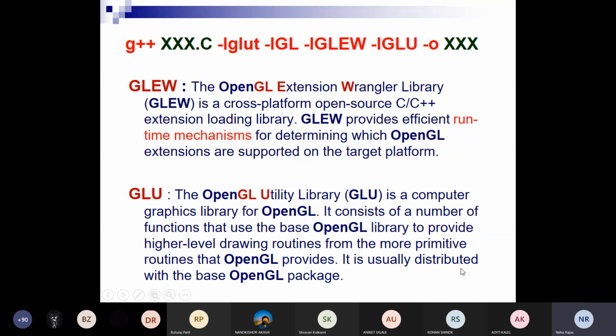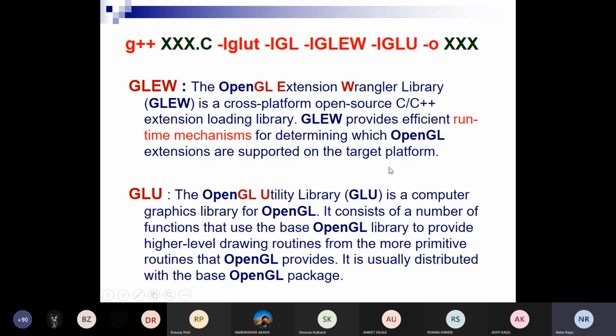It is usually distributed with the base OpenGL package. Okay, so these are just a basic introduction to the libraries which we are going to use while doing the programming.